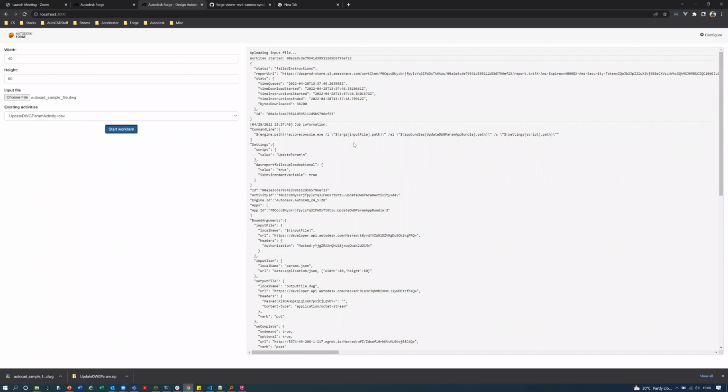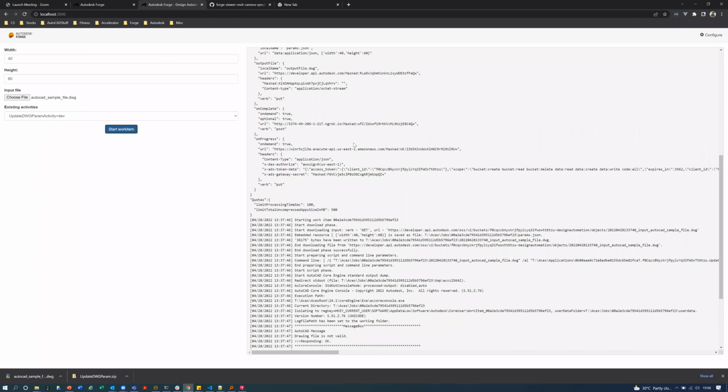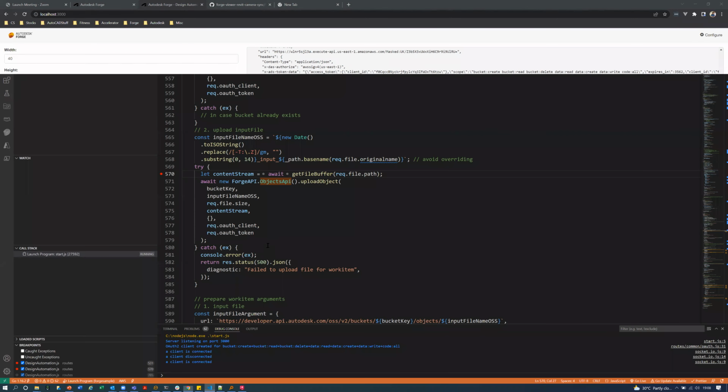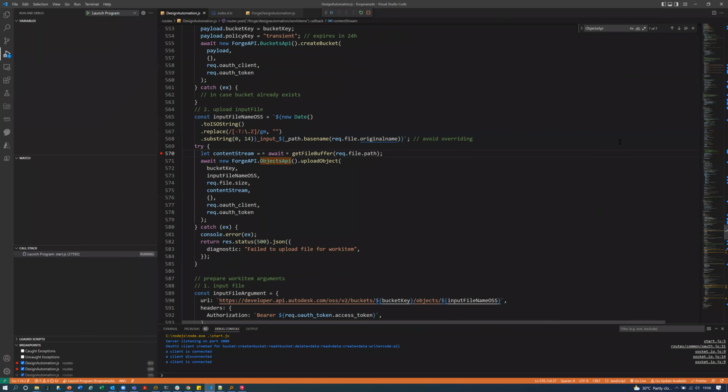I'm getting a failed instruction. Why? Because the drawing upload is incorrect. I think we are making a classical mistake when uploading the object. This requires